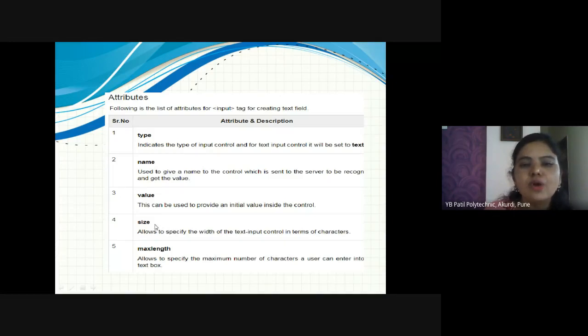Then maxlength. It sets the number of characters allowed for the user. How many characters you want to enter, that you can set here using maxlength. These are the five attributes of the input tag: type, name, value, size, maxlength. Almost all the controls have the same attributes.